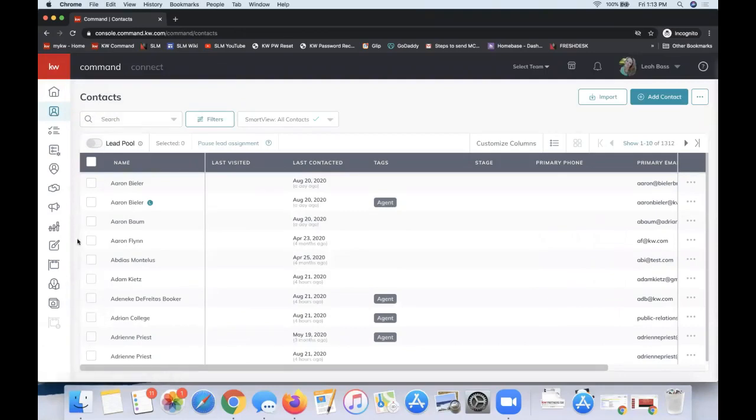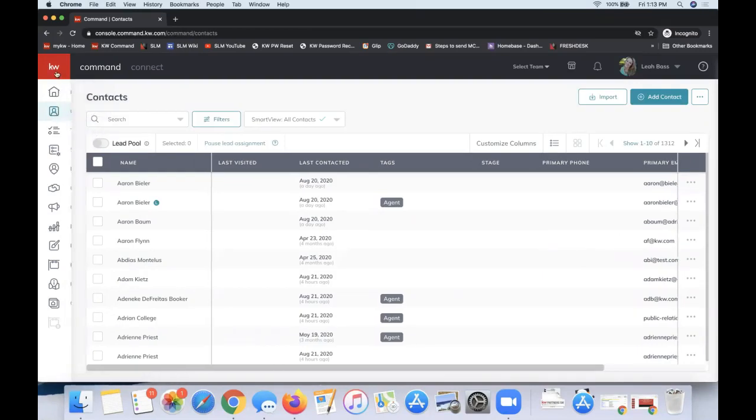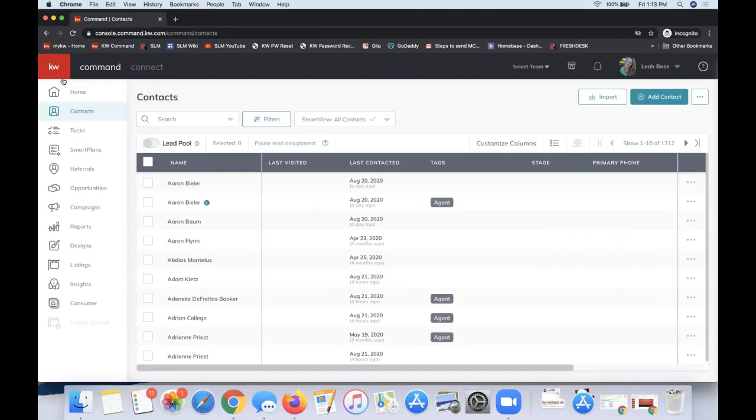All right, so as you're learning Command, you can really just start from the top and work your way down. With that being said, if you click on the KW logo on the very top left, it'll pan out this menu letting you know what each section does, so you can really start to get the navigation down. But honestly, guys, how I learned the system is just truly going down this list, clicking on each item, see what you have access to, see what tools that you have. Even if your brain doesn't fully grasp it, right, it's a great starting point to just click around in the